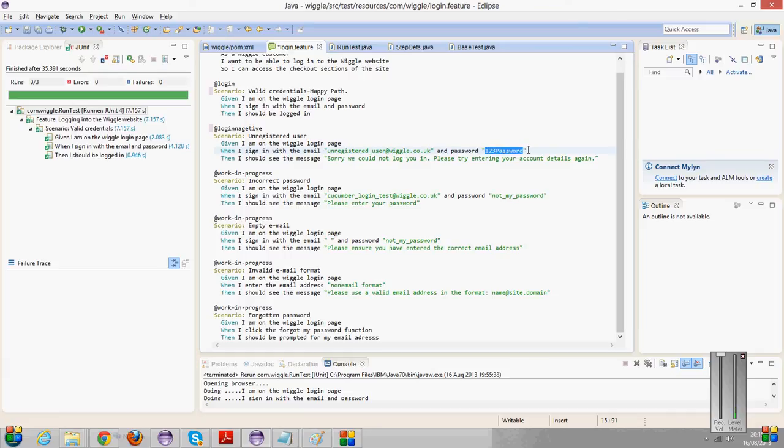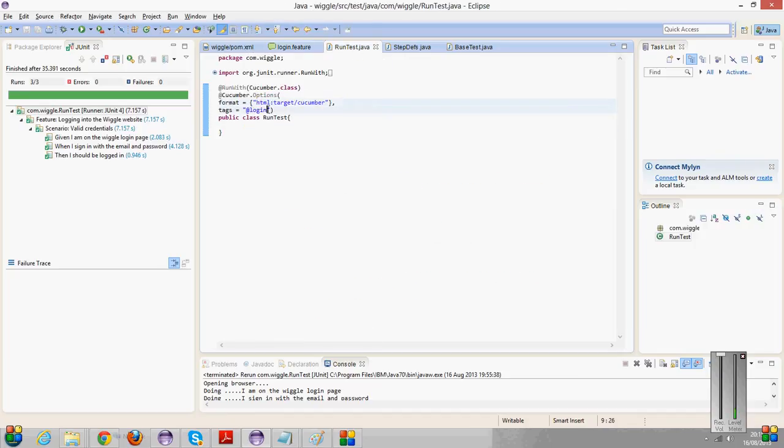So in this line, how much data are you giving? You are giving two parameters. So it creates a method with two strings. And in this one, how many are you giving? One data. So now if you run this, obviously Cucumber will give me a dummy method, but that dummy method is more of a parameterized method. Okay, so if I go to run test and make this my tag,